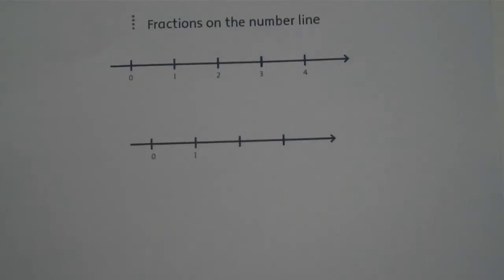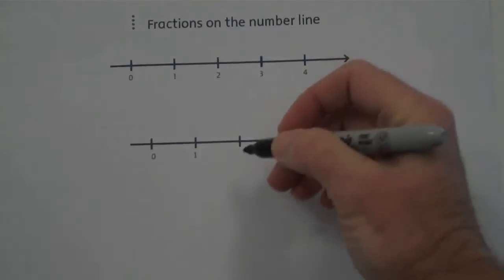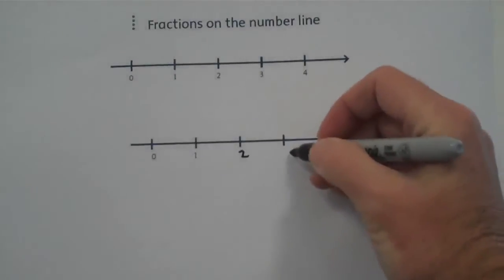Notice how all the markers are evenly spaced. Fractions can be marked on the number line too. We're going to mark halves. So I've drawn my number line. I've got my even markers and I've got 0, 1. Now I'll put in number 2, number 3,